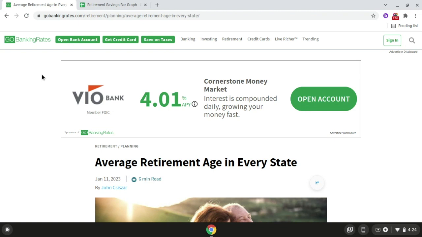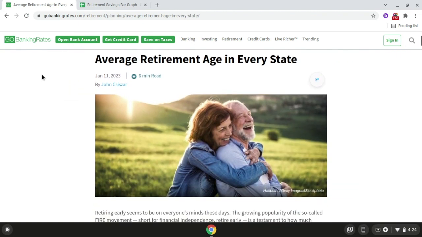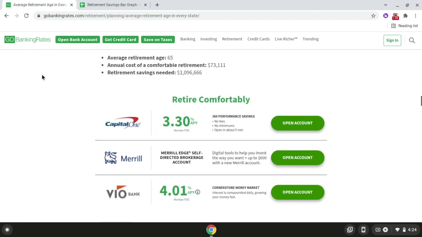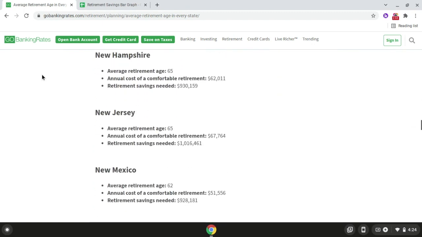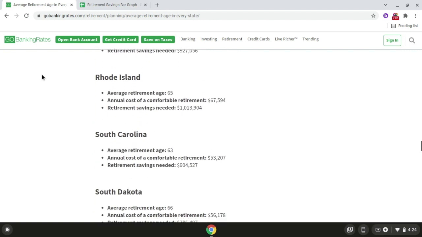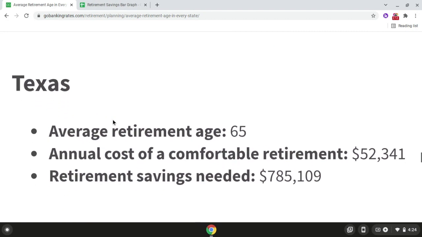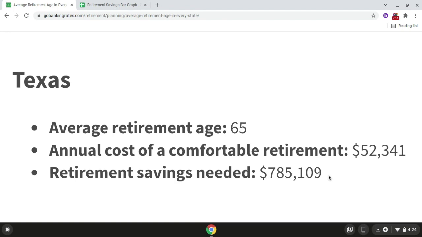So if we scroll down a little bit, as we can see here, the amount of retirement savings in the state of Texas is $785,109. So if we come back over to the spreadsheet,